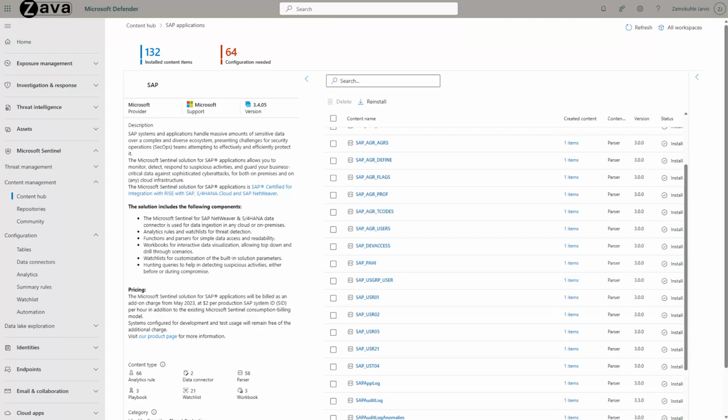The content is largely similar to what we had before. So the customers coming from agent-based, going to agentless, can continue to run their operations as is, because the analytic rules are the same, the watch lists, the workbooks, all the content we already had and that customers love from the past years continues to run. And you just go to the Content Hub and start using. And we have a new refreshed Data Connectors UI for agentless.